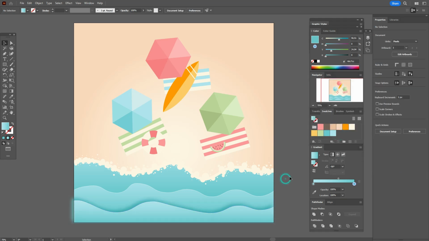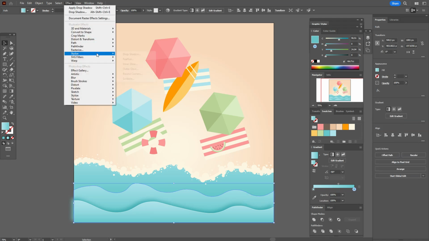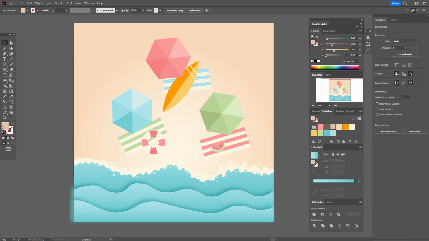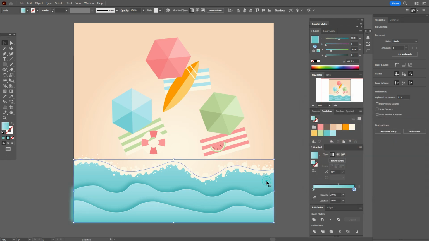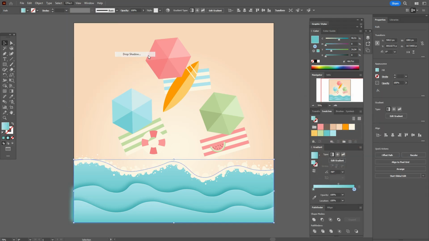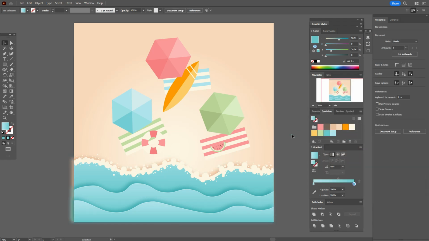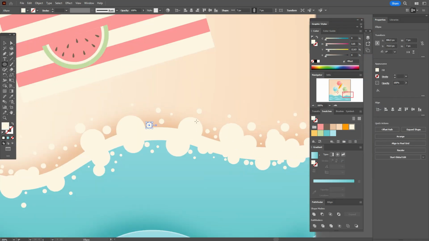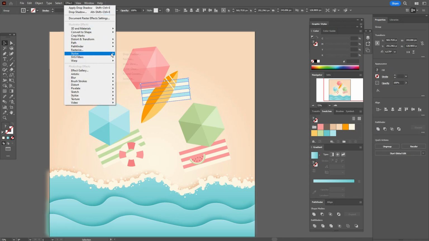Okay, the same here, effect, drop shadow, and now we need that color code. Okay, select that shape, effect, drop shadow, and here we need to paste that color code and use it for the shadow. Let's play a little with those shapes. Okay, and now here let's add shadows